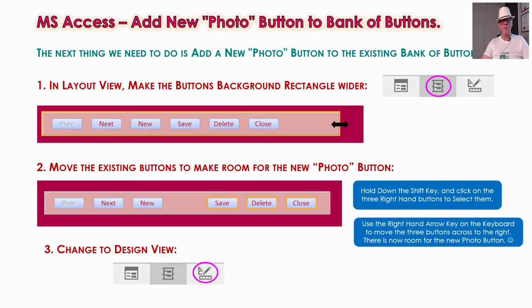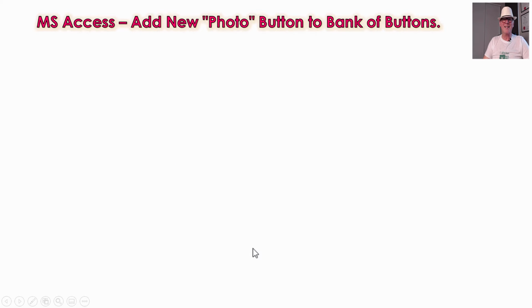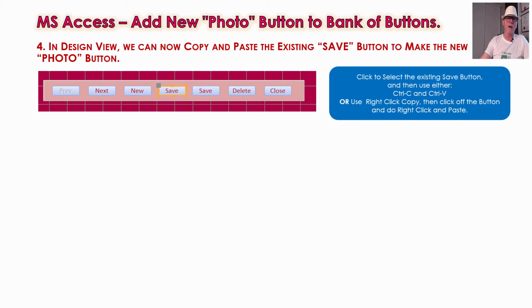All right, now to actually make the new photo button, we're going to copy the existing save button. So you need to go into Design View to do this. We were in Layout View down the bottom right hand corner. Make sure you clicked on Design View before we do the next step. All right, so in Design View, we can copy and paste the existing Save button to make the new photo